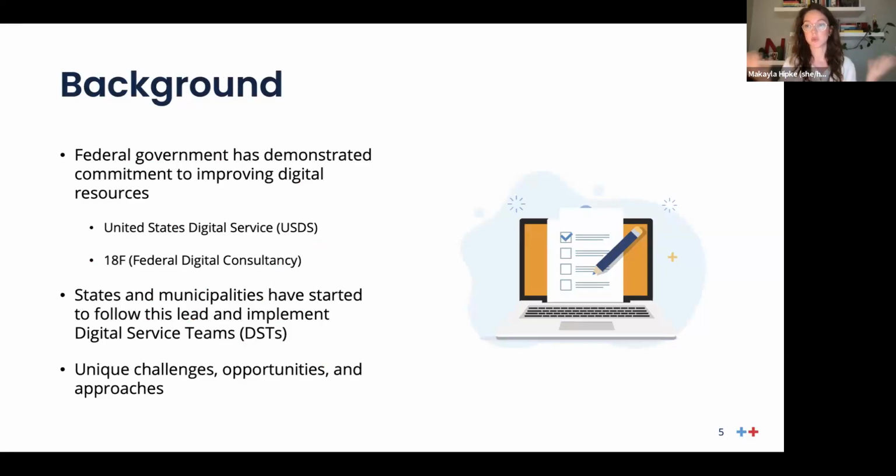And now we're seeing this begin to bleed out into states, municipalities, and other local governments who are establishing their own digital service teams. We've found that this is a very unique area of government that has its own particular challenges and opportunities ahead, and every group we talk to has different approaches to handling the challenges they face.